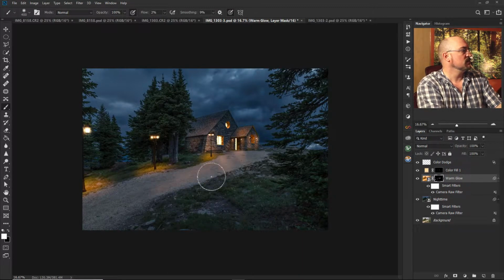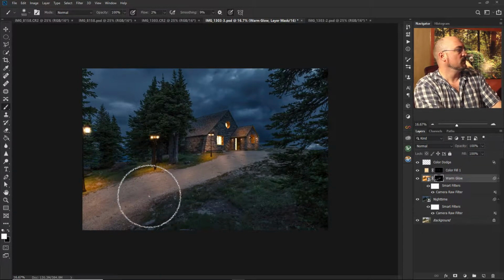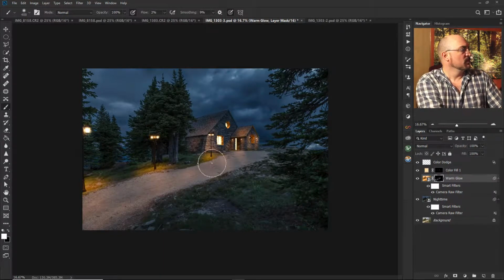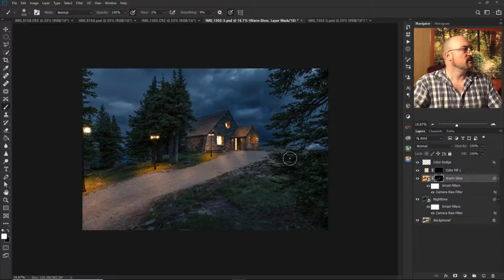So, nice, even kind of distribution of lighting among the gravel. There we go. There will be a little bit more light where the lamps are, but I want the road to be a little bit warmer than that. And last but not least, I'm going to light up some of the green branches over here. And to do that,